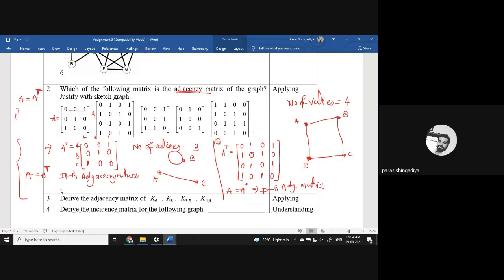Yes, all the matrices are adjacency matrices. You can also check from the matrix. There is no need to verify A transpose. Just consider the diagonal, and then check the upper and lower triangle. That should be the mirror image. Then it is always an adjacency matrix. Here all are adjacency matrices. Upper and lower triangles are the mirror image of each other.